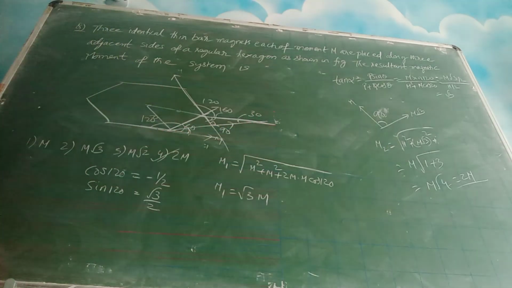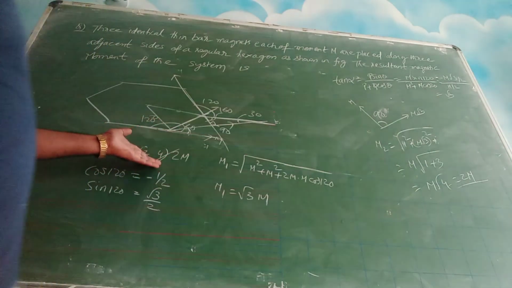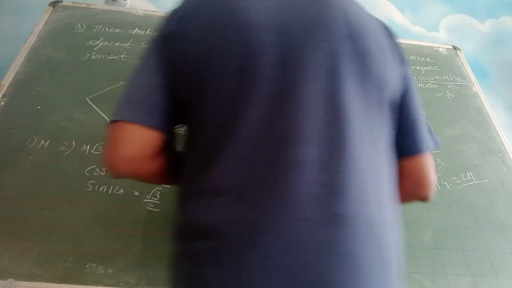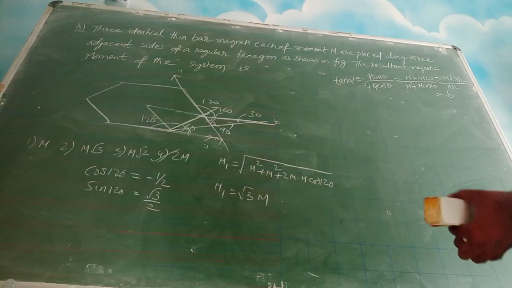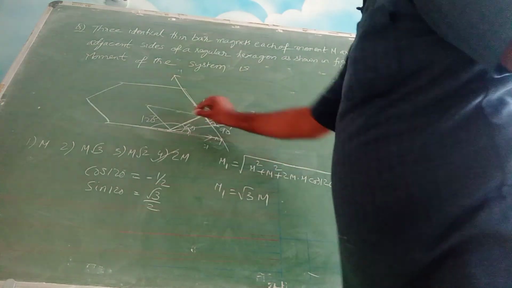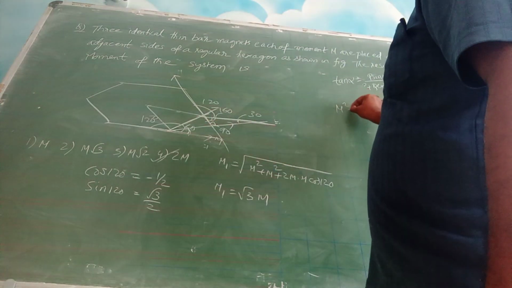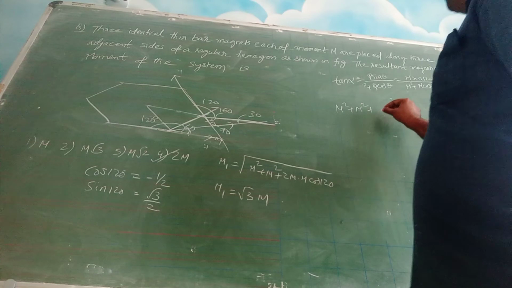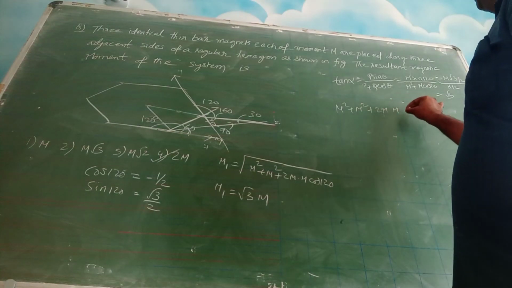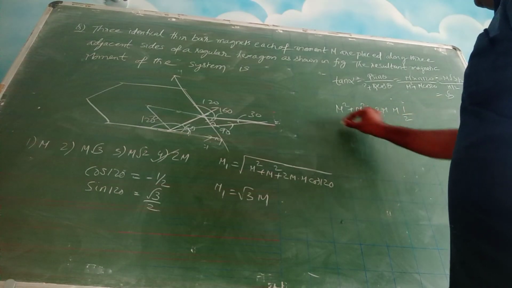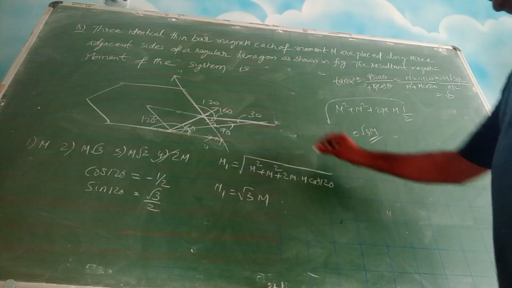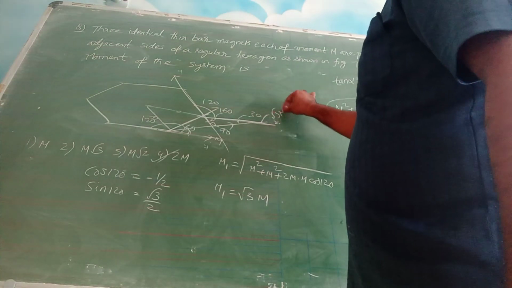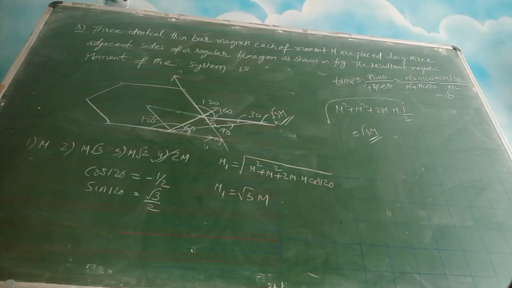Okay. And when you calculate, let us check whether this option was correct or not. Some calculations sometimes we have to be very careful. So this is m and m. So it will be m square plus m square plus 2 m1 m2 cos 60. Cos 60 is half. So you are getting root 3 m only. So luckily the resultant is okay. We have made little calculation mistakes in the angle.